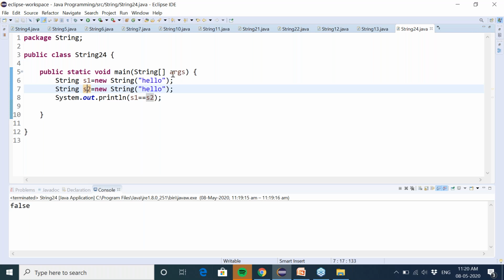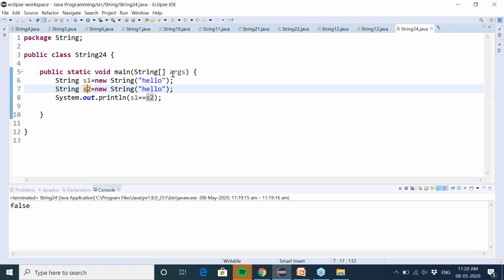So if you are just assigning value Hello to S1 and S2, because S1 and S2 will be referring to the same object in the memory, in that case you will get S1 is equal to S2. That means they are referring to the same object.